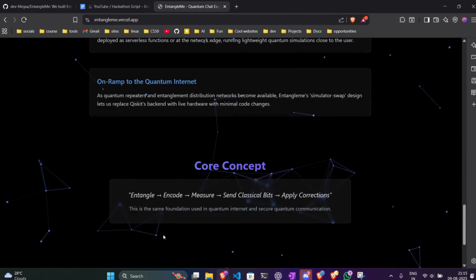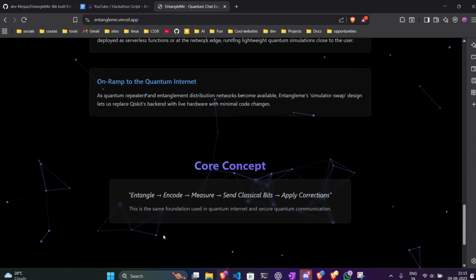We are doing quantum teleportation here. You can check all the docs on our GitHub account. We have our docs folder for an explanation of how we use quantum in it, and that's all.